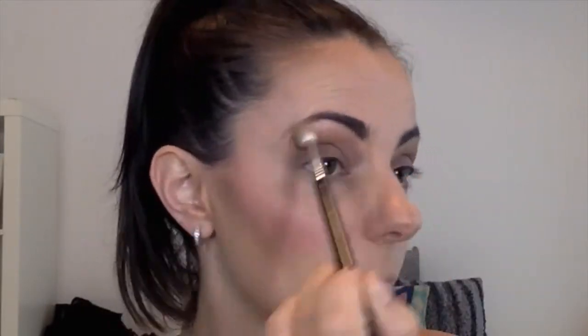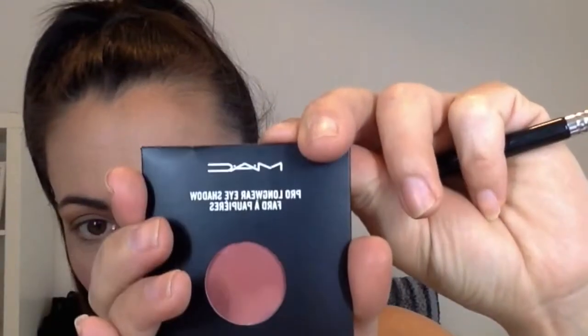So just transitioning from a lighter bronzer to a darker bronzer, darkening up the eye, getting ready for the signature Kylie Jenner type eye color look, which reminds me very much of the 90s when I was in my 20s. Yay. And going in with the MAC Pro Longwear eyeshadow in Hot Paprika,